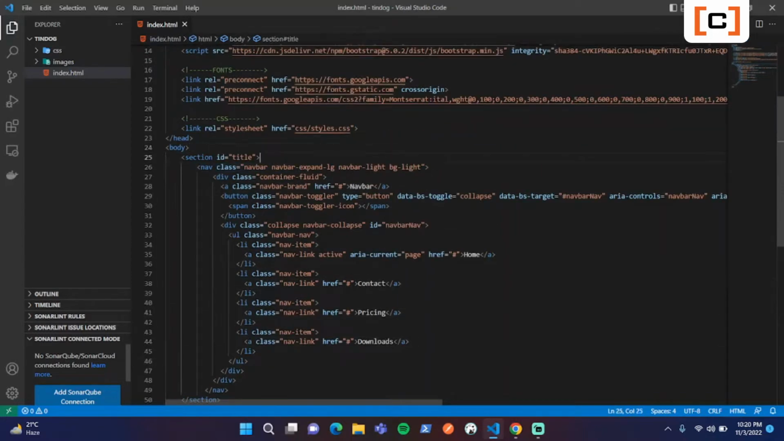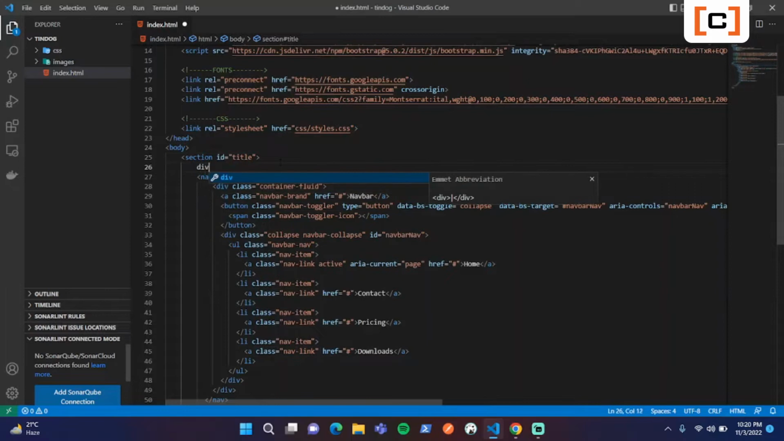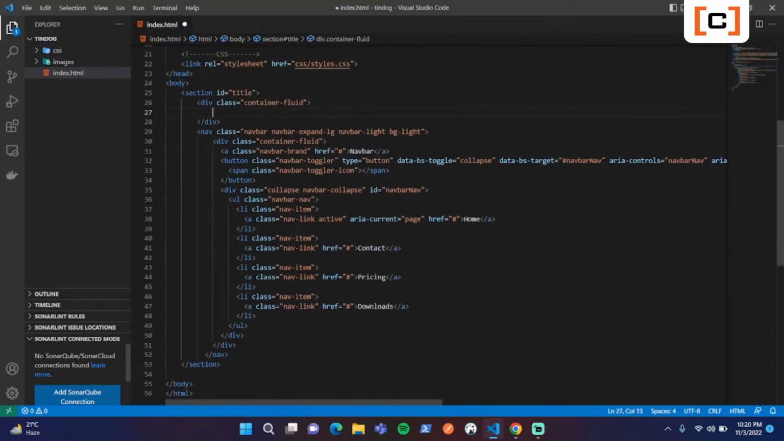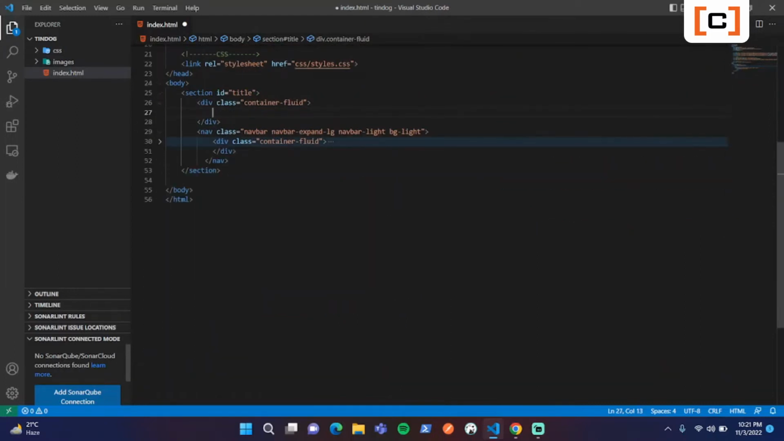So what I think is that I'm going to create a div here with class container fluid, and I'm going to put this navbar inside of that where the navbar went. Okay,